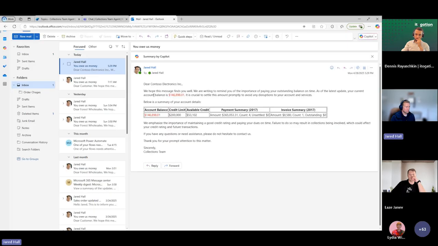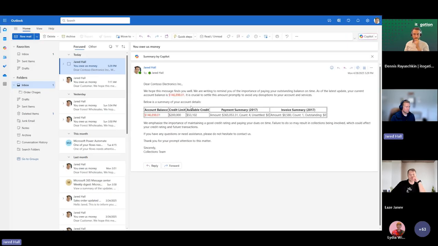If we then look at the email, we see that the required information was gathered and sent to the appropriate email address based on the knowledge source that was gathered in that operation.